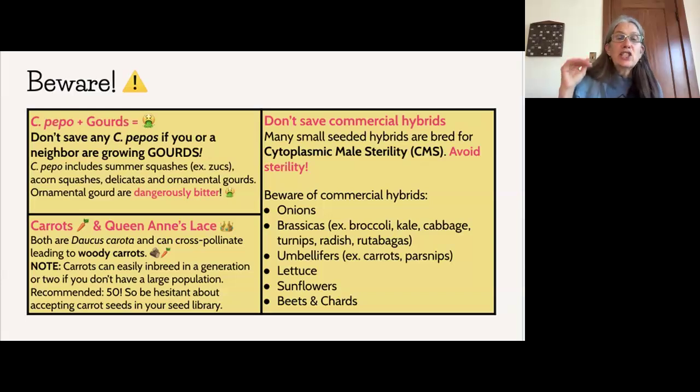And as I said, don't save from commercial hybrids, not because they're not going to come out true to type, but because they can introduce sterility into your lines. So those are the main ones you can see listed there. So the onions, all those brassicas that I mentioned, including radishes and rutabagas, and then carrots, parsnips, lettuce, sunflower, beets, chards. So all those commercial hybrids,